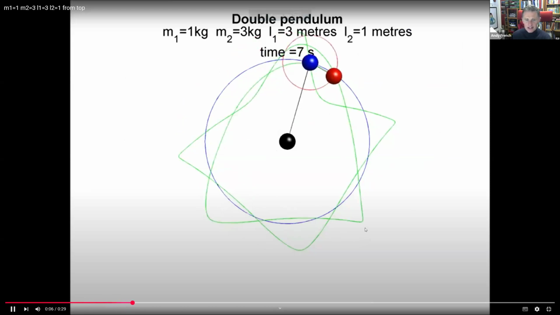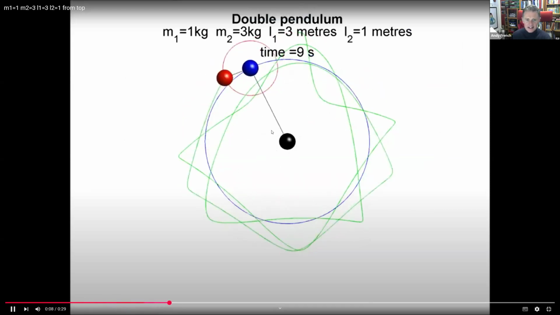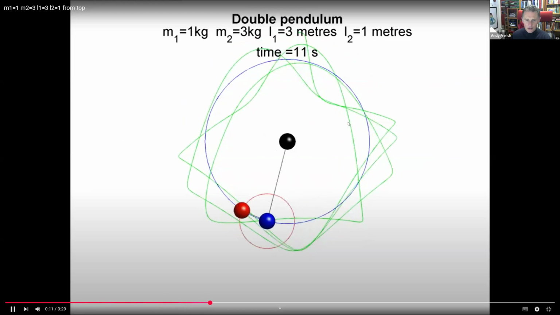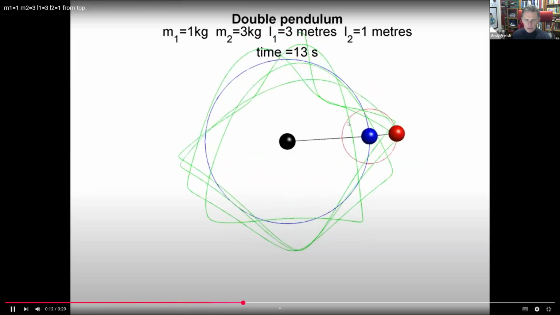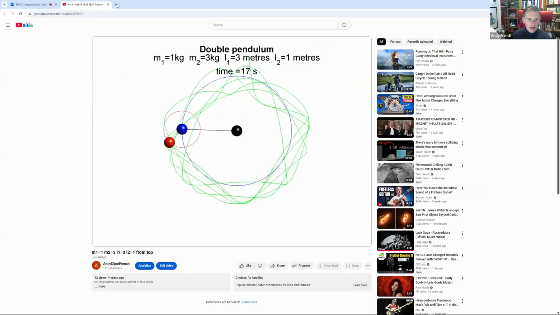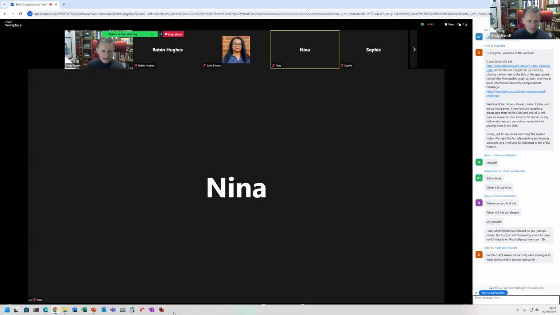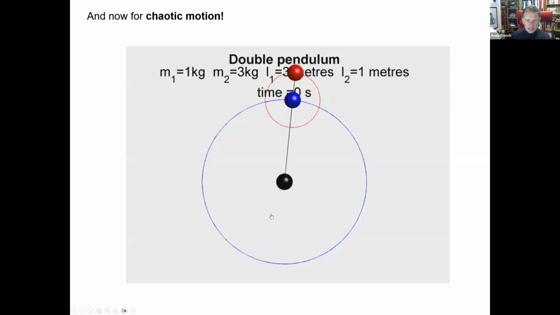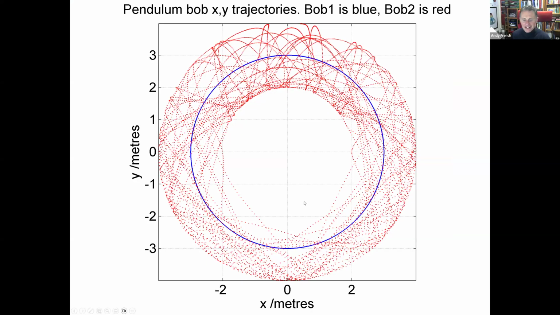What you find is that the pendulum here, the red one, occupies a whole range of possible parameters of angular speed and angle, but not all. And if I bring it up, you can kind of see it. So there we go. So I've plotted the X and Y trajectories on a little picture. So you record the time history.